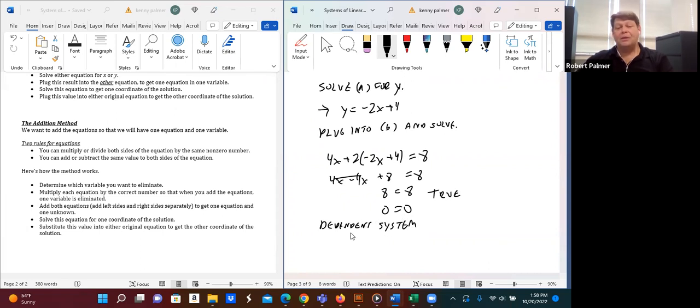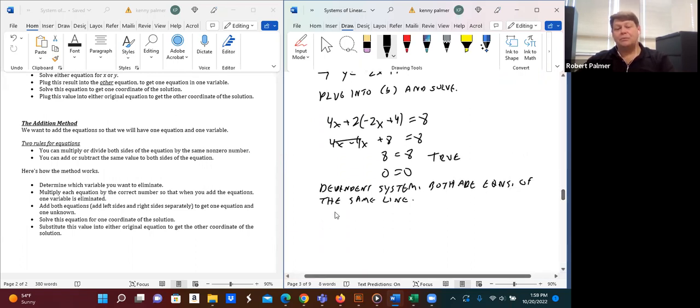Okay, remember what dependent meant? They're both equations of the same line, and we'll look at that in just a minute. Both are equations of the same line. Okay, now the way we're going to write our solution